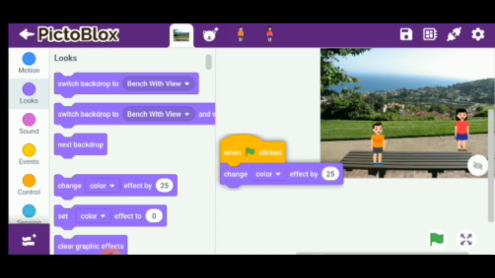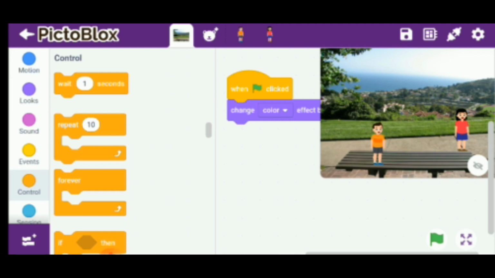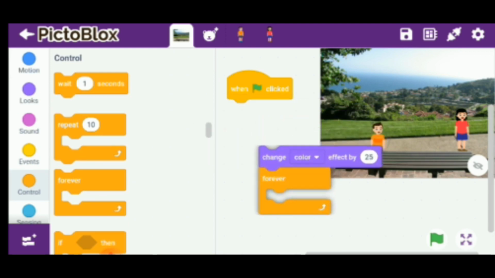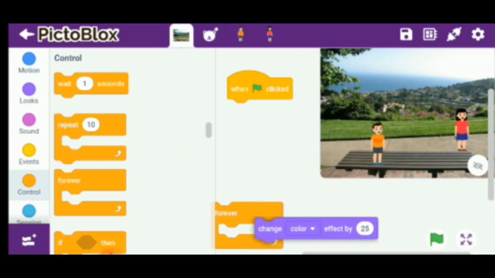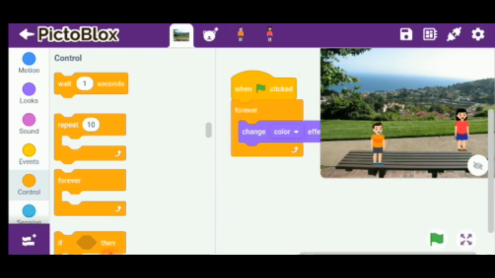Change color effect by 25, and this command I want to add in the forever block. So go to the control block, and here we are going to add the forever block. So this change color block we are going to add inside the forever block, and this block we have to attach here. Okay, so now we will click on the green flag and we will check what will happen.